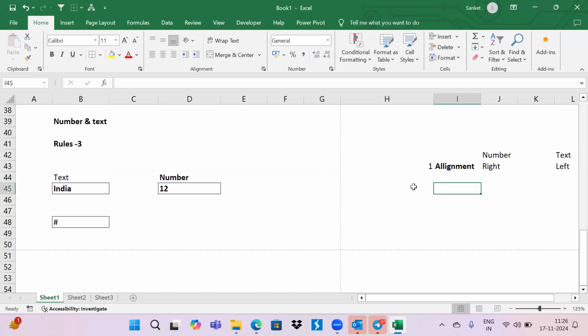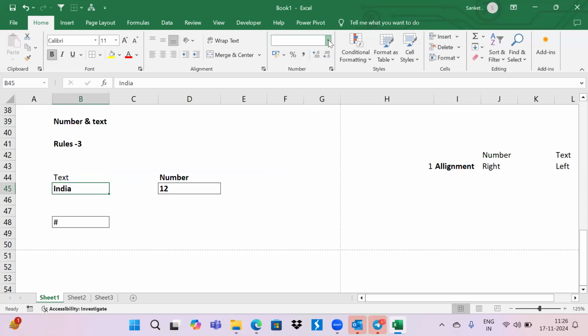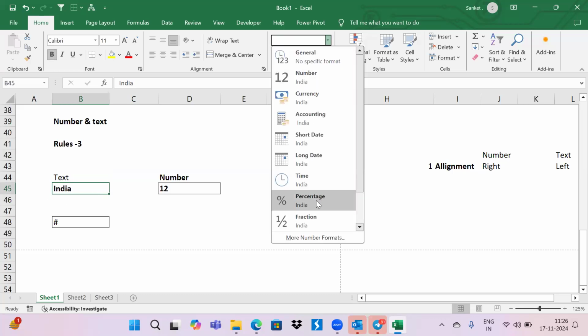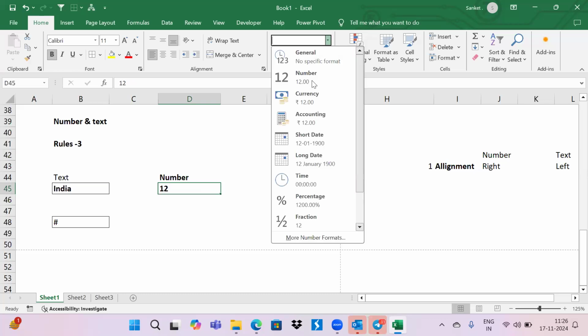So what is the second criteria? For example, this one is the India. I'm just going here. These are nothing but the formats. This is a separate topic, and we are going to cover the different formats in depth. I'm just clicking anywhere. You can see short date, long date. I have selected this India. Any changes happening? No, nothing happened. If I click on this 12 and randomly click,